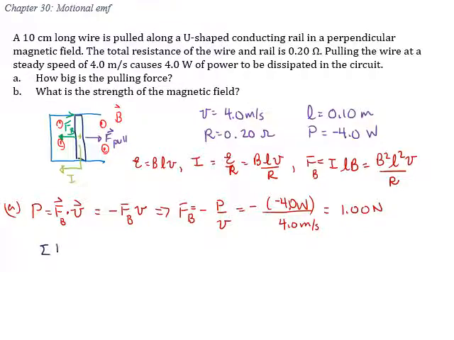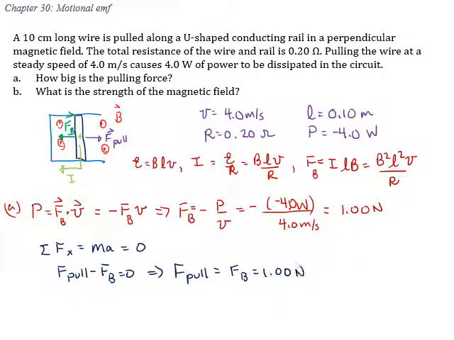So in the horizontal direction, the sum of the forces on that bar is mass times acceleration. It's constant speed, so the acceleration is 0. So F pull minus FB equals 0. The pulling force and the magnetic force have to have the same magnitude. Okay, so that's a small step and it's a little bit subtle, but it's important not to skip over it